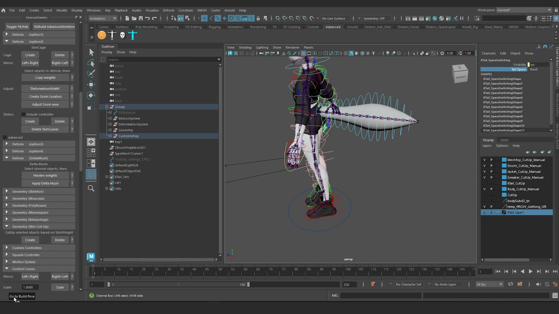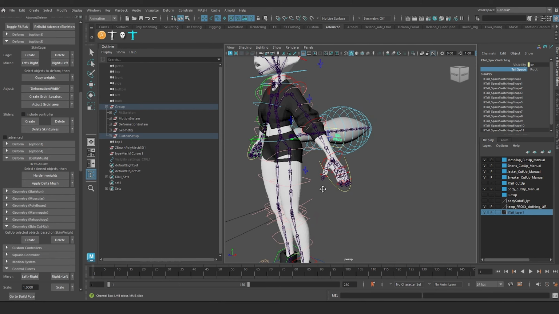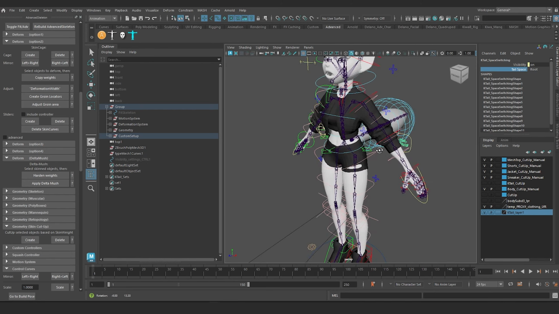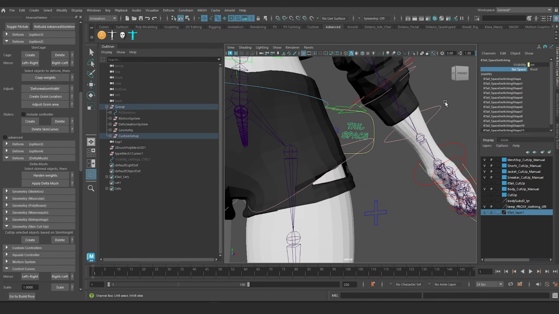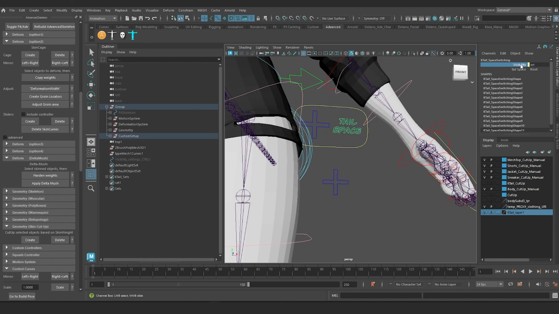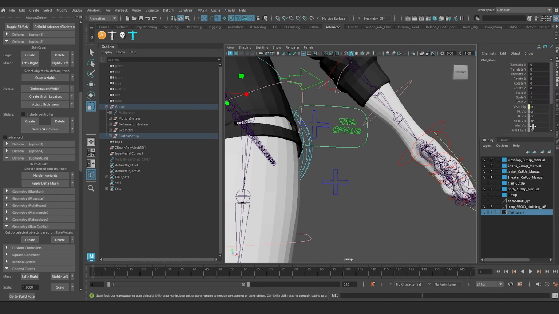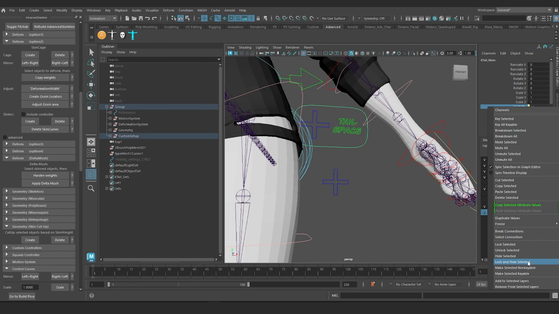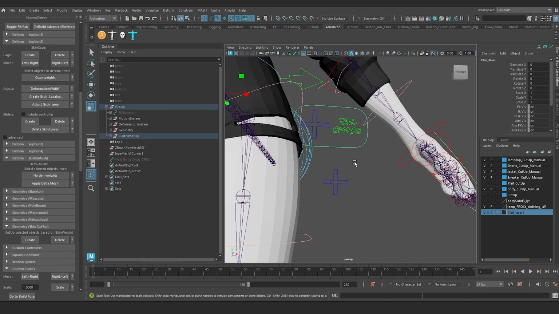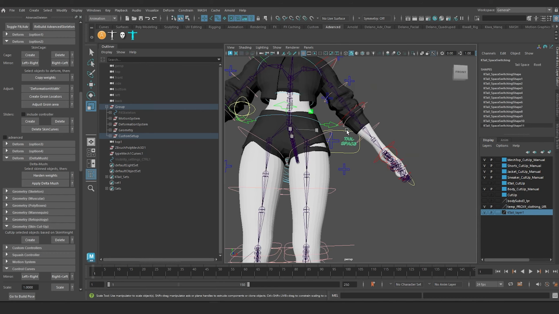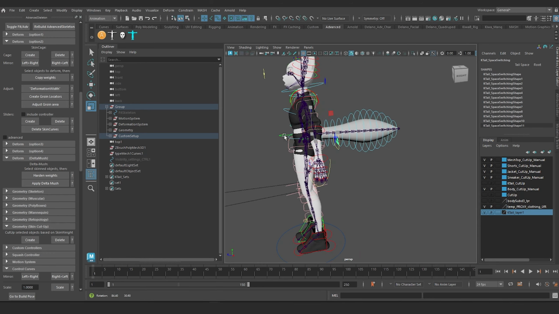Let me go to build pose, and I should also be locking and hiding this. Looks like, well, lock and hide selected, and I probably should do it for this too. Visibility, lock and hide selected. Right, so that's enough cleanup,